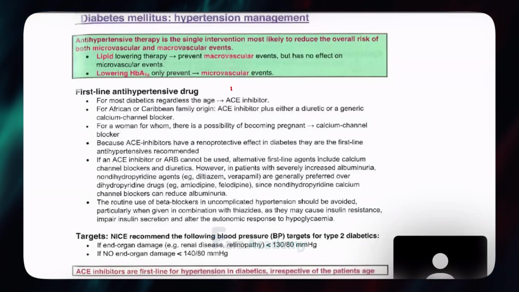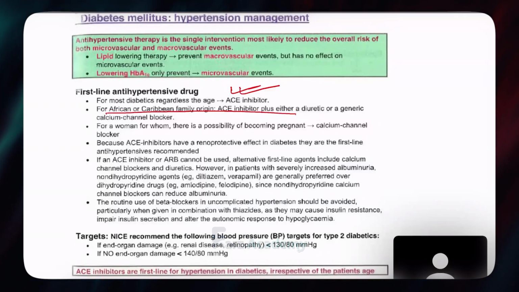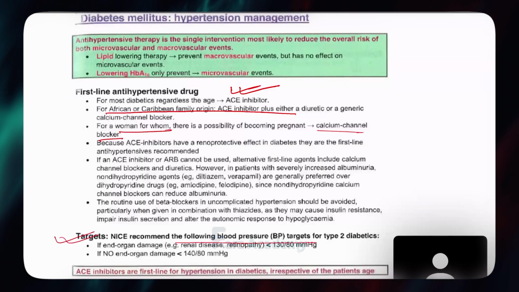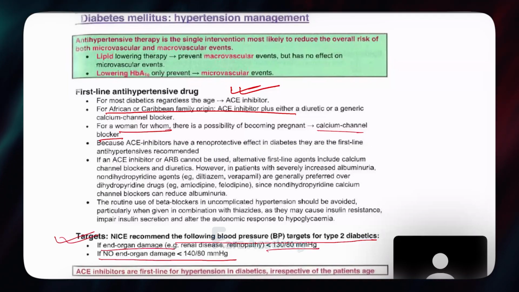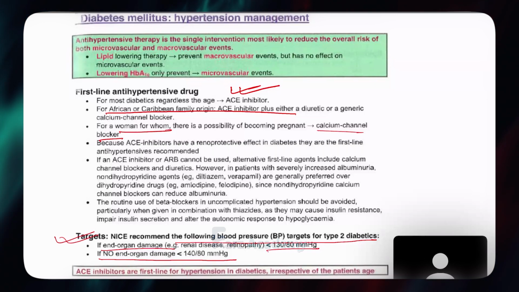The first line drug are the ACE inhibitors. For African or Caribbean family group, ACE inhibitors plus a calcium channel blocker. For a woman, a calcium channel blocker can be used. NICE recommends the following blood pressure targets for type 2 diabetes. If no end organ damage, less than 140 by 80. If end organ damage, less than 130 by 80. So 140 by 80 for all, 130 by 80 the target if there is end organ damage, most commonly renal